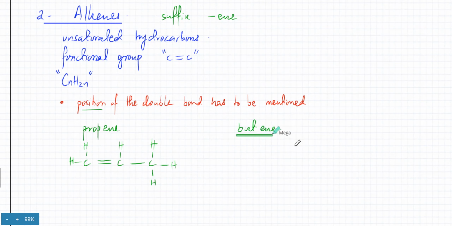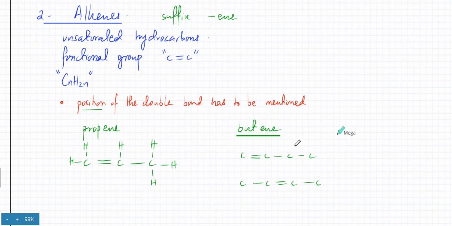let's say I have a butene molecule. Now you have 4 carbon atoms. That's 1, 2, 3, and 4. But means 4 carbon atoms, and ene means there's going to be a double bond. So the double bond could be over here, the double bond could be between the second and the third carbon atom, or the double bond could be at the end. Which two arrangements are exactly the same? The first and the last, exactly. They're just flipped around versions of each other. So let's remove that one. So basically you have two versions of butene.